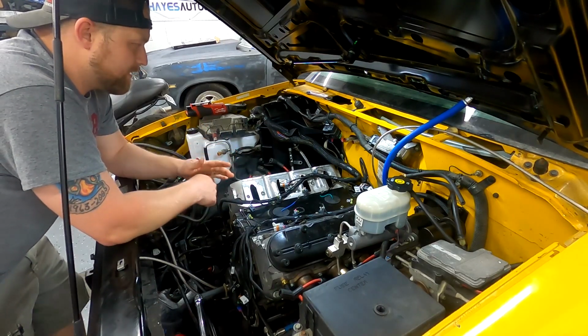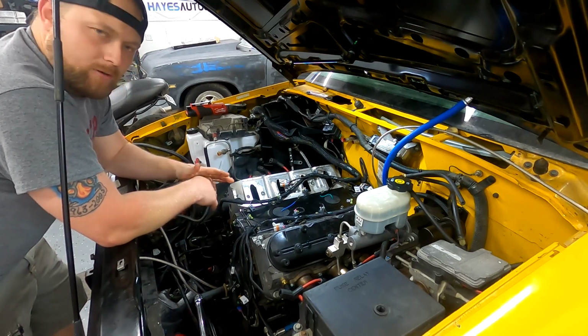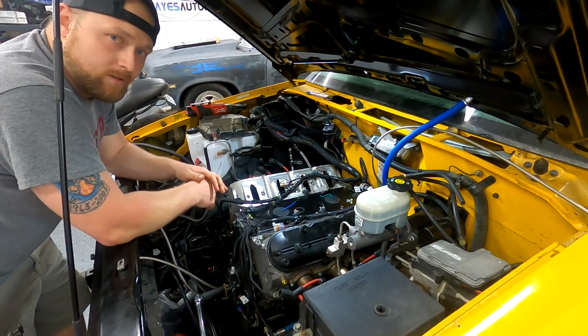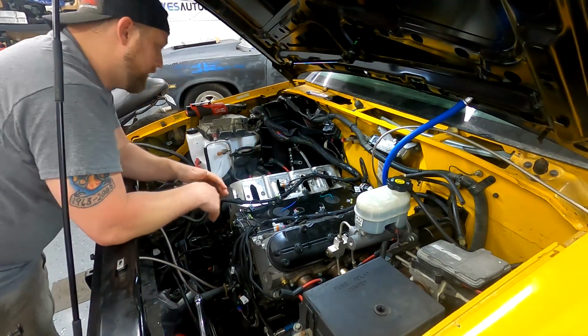These are really nice because you literally find the base circle where there's no preload on that spring, and you tighten it to 22 foot-pounds. That's it. It's so easy. It'd be nice if they were all like that. But anyway,